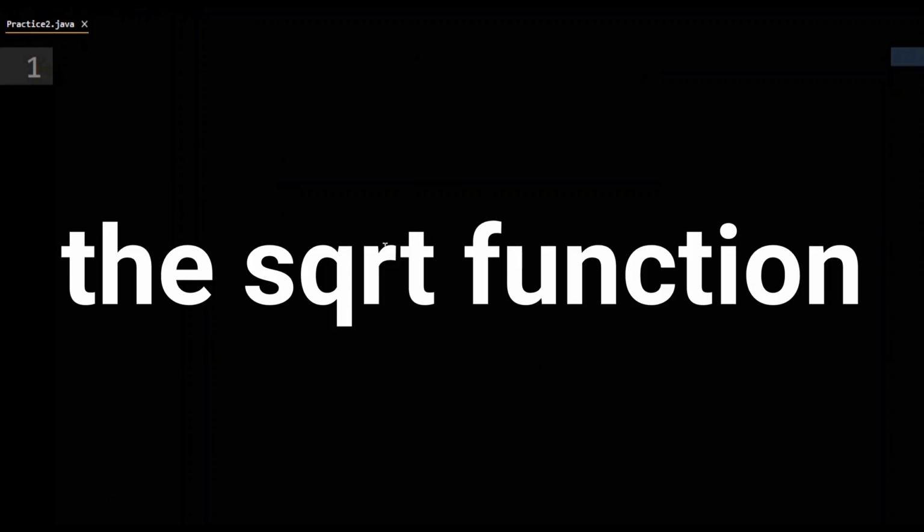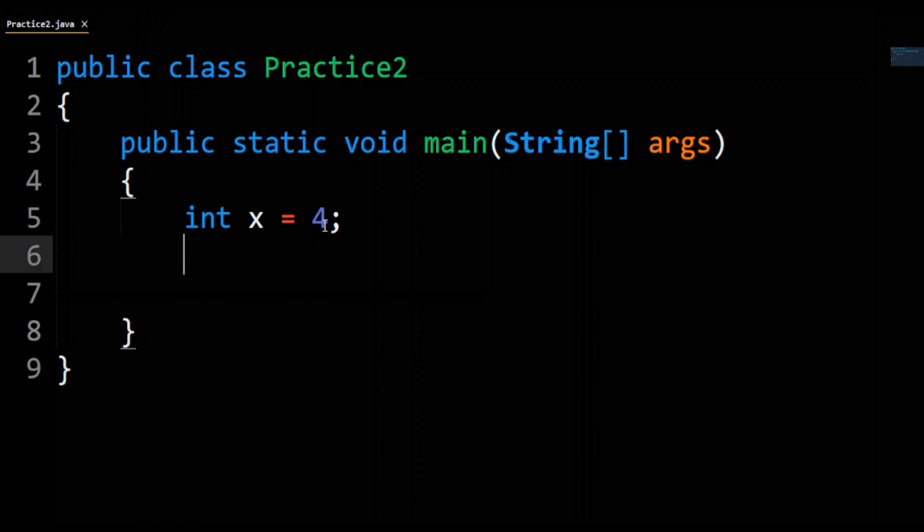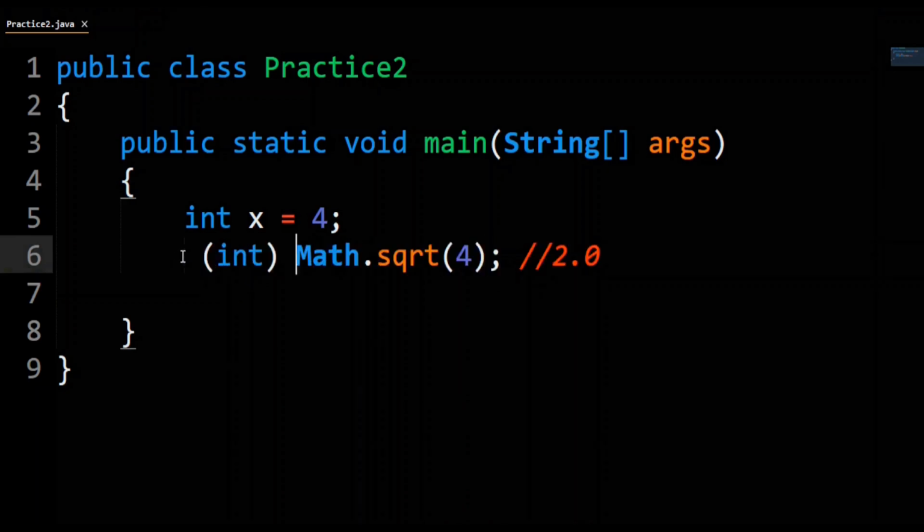In Java, the sqrt function from the Math class takes the square root of a number. First things first, if you do something like square root of the integer 4, instead of returning 2, it returns 2.0. Meaning, if you want the result to be an integer, you must cast it to be as such. You can do this as simply as putting the type you want to cast the value to in parentheses next to it, like I've done here.